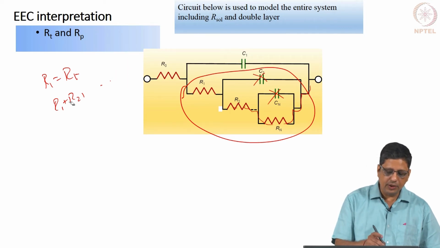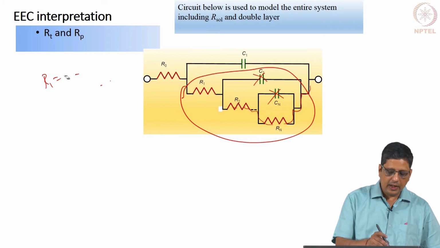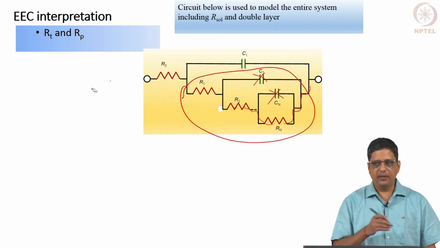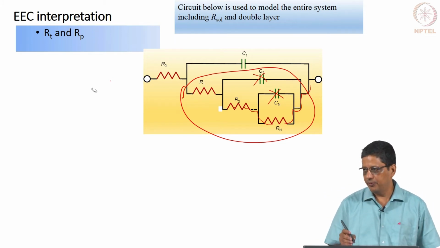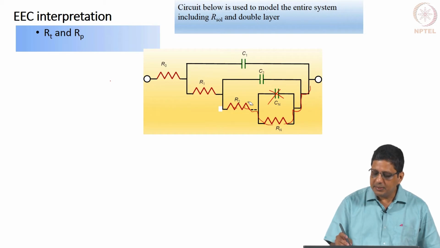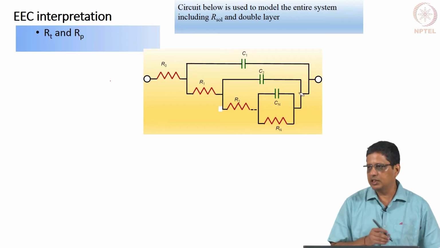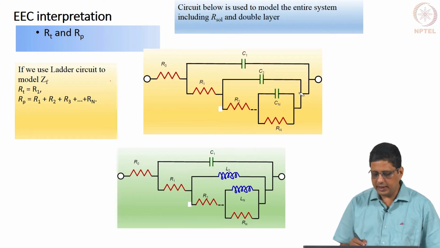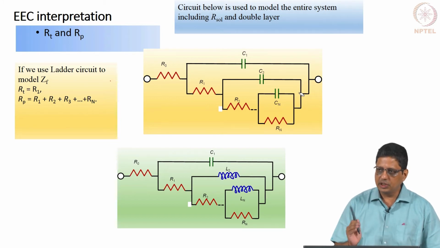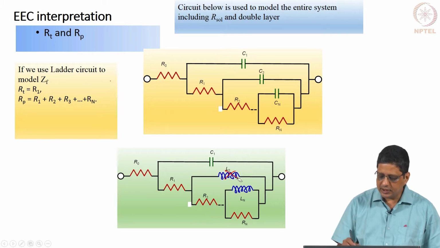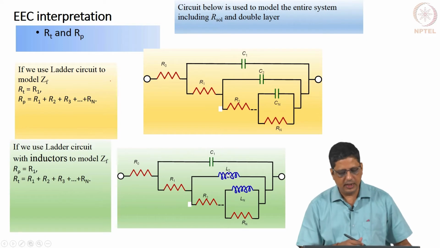So, when you come up with a circuit and fit this, you should first think what would happen if I go to infinite frequency for the Faradaic part, and what would happen if I go to 0 frequency. That helps us get a good estimate for some of the resistance values there. And with inductance, you can arrive at similar conclusions. At 0 frequency, one of them is going to be short circuited. Here at 0 frequency, this is short circuited. At infinite frequency, this is going to be open. So, if it is short circuited, all current will go through this. If it is open, no current will go through this, and you can come to conclusions on the relationship between these.